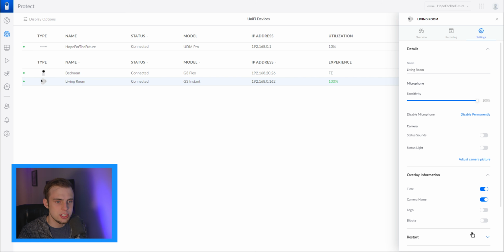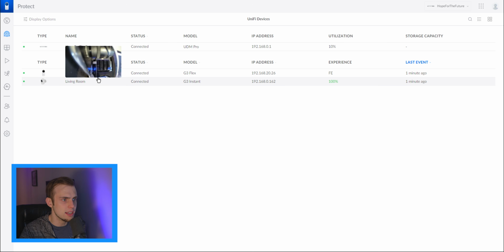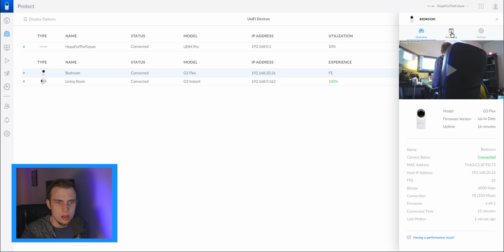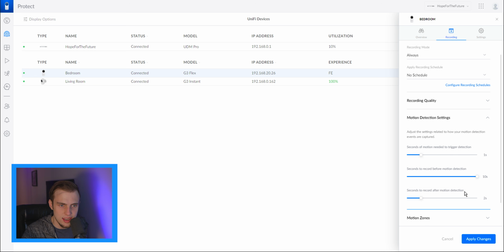and hit apply changes. Now I forgot to change our motion settings on the G3 Flex camera, so I'm going to go ahead and do that now. Go to bedroom, recording, motion detection settings, 1 and 10 and 10. Apply changes. Now this really doesn't matter because I am recording all the time. However, if you have a number of cameras, you might want to conserve disk space and not record 24/7. So then these settings become very important. That way you make sure you get the person driving up, and make sure you get the person after they've walked by the camera,